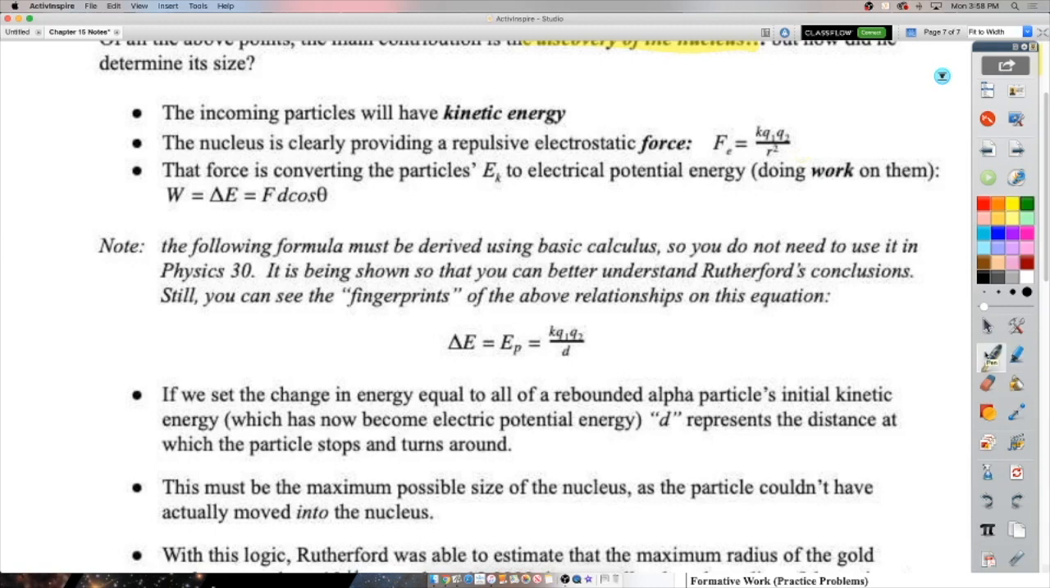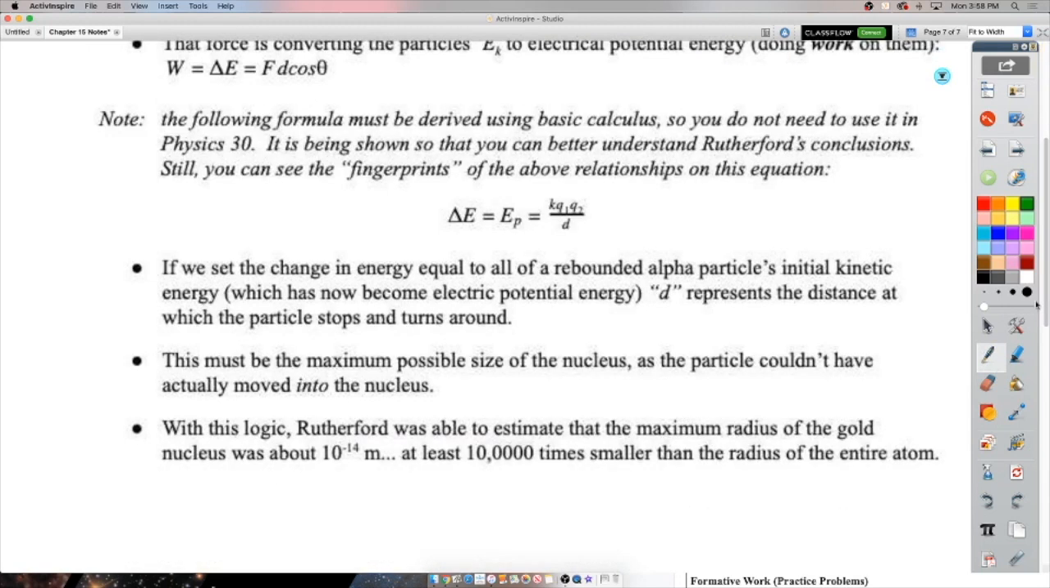All it's doing is taking that alpha particle's kinetic energy. The force is doing work on it to take away that kinetic energy and turn it into electric potential energy. So the work the force is doing is Fd cos theta, and that's the change in energy. Just a note here, this formula is derived using very basic calculus. You'd be able to do it if you took Math 31. So you don't need to use it, but I'm showing you so you can better understand